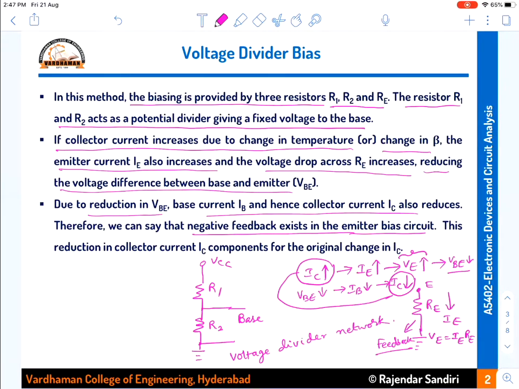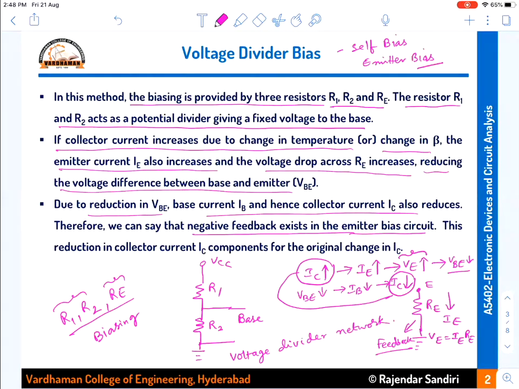It is like compensating. The current has the ability to increase, but because of this resistor, it is pulled down again back to its original position. That is what we call negative feedback, because of this emitter resistance RE. All these three resistors R1, R2 and RE provide the required biasing for this circuit. That is why it is called voltage divider bias because of these two resistors, and because of the emitter resistance it is also called self bias or emitter bias.